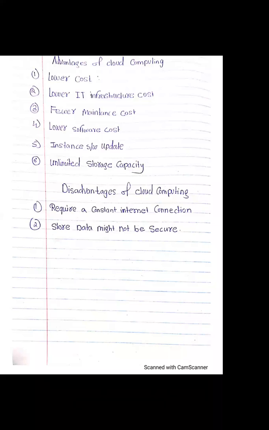Lower software cost. It reduces the software cost because you do not need to purchase software for a particular PC, because it comes from the cloud. You already paid to the cloud. Instant software update: another advantage is that users don't need to choose between obsolete software and highly upgrade cost. If users choose high upgrade, they need to pay more. But if users